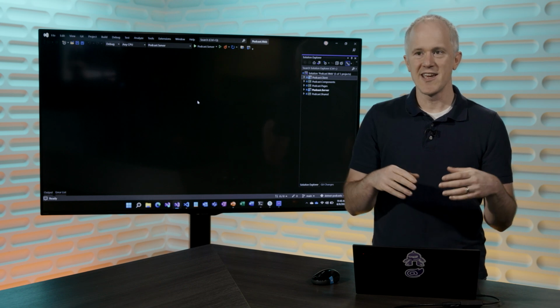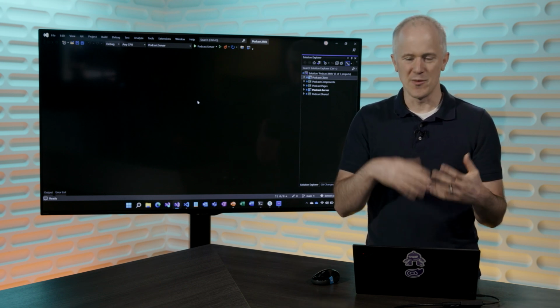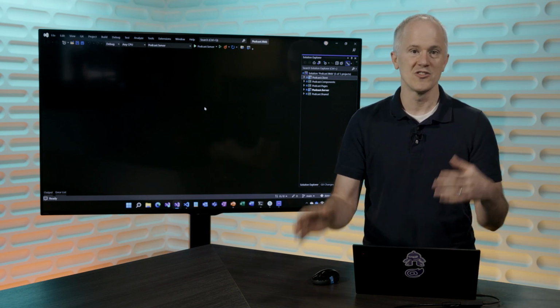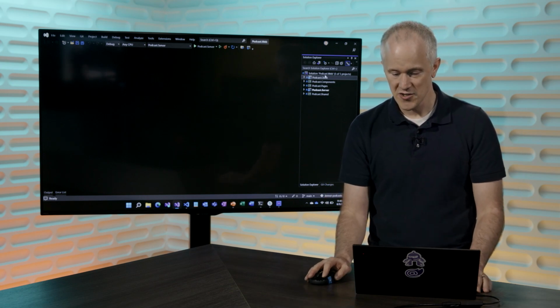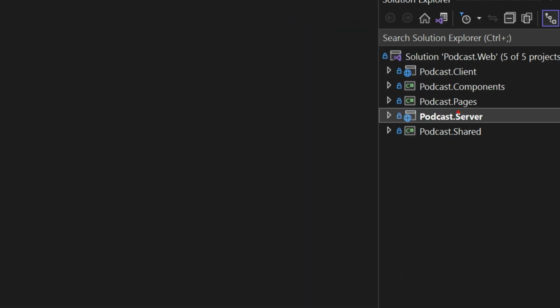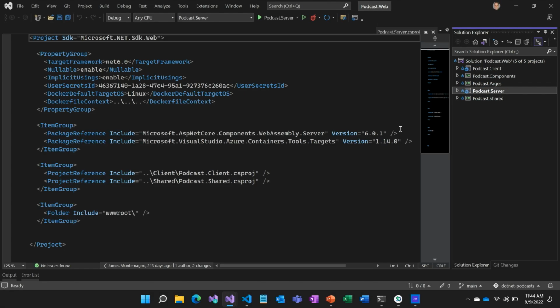And it implements a podcast client in a number of different ways. One of the ways is it implements it using a web application, using ASP.NET Core and Blazor. So that's this podcast.server and podcast.client projects up here in the Solution Explorer. So this is the ASP.NET Core part, and then podcast.client is actually a Blazor WebAssembly app, so it's going to run client-side in the browser.